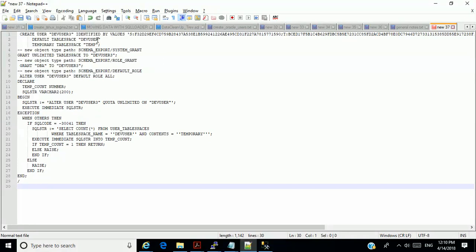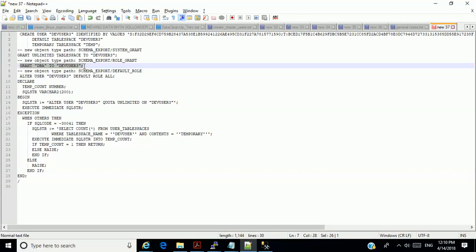Now I'm going to change the default table space to dev user 3. All right. Author is okay. So dev user 3's default table space is what? Now notice I granted DBA to dev user 3.